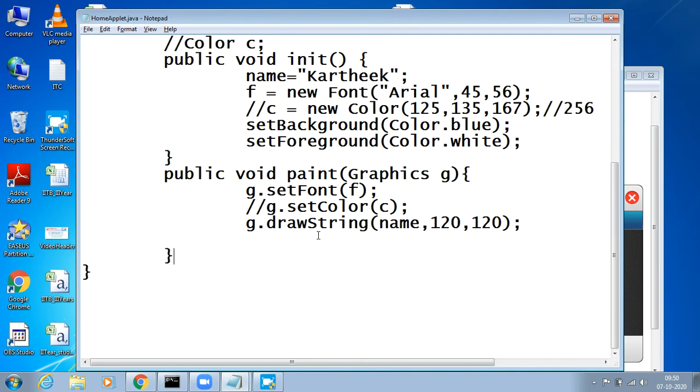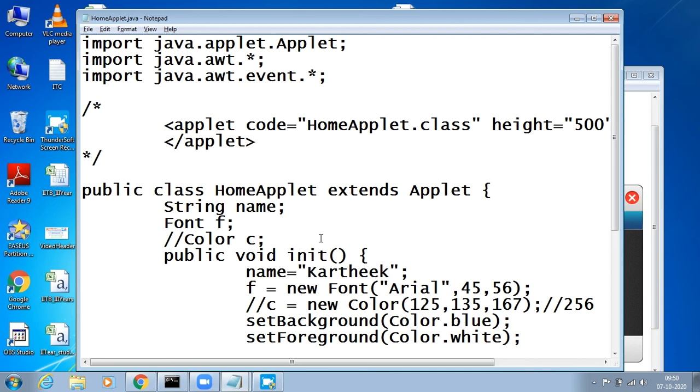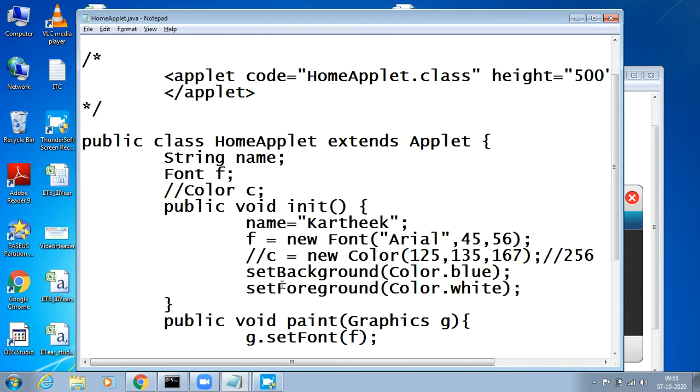Okay. Now the next very important, frequently asked question, and a very important concept, is how to pass parameters into an applet. Passing parameters into an applet is like passing parameters into a method. For example, I want to pass some values into the applet. We call this concept passing params into an applet. So to pass parameters into an applet, see, this is the applet code.